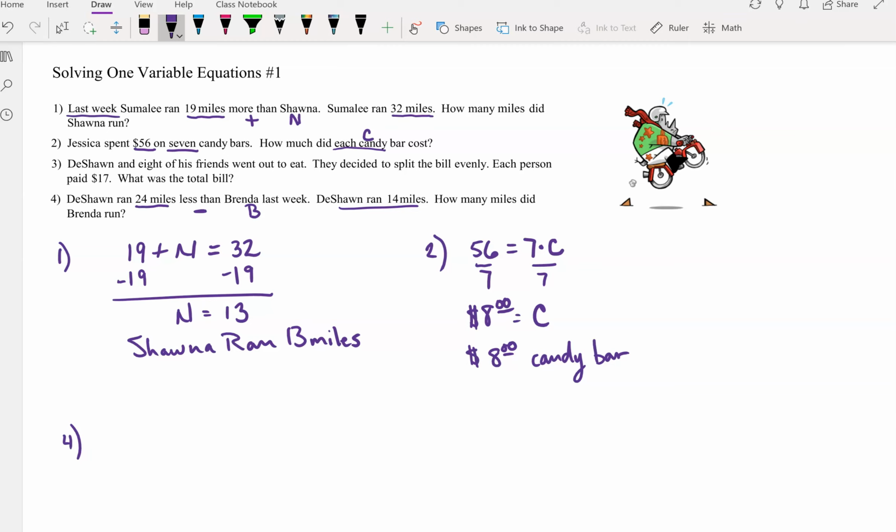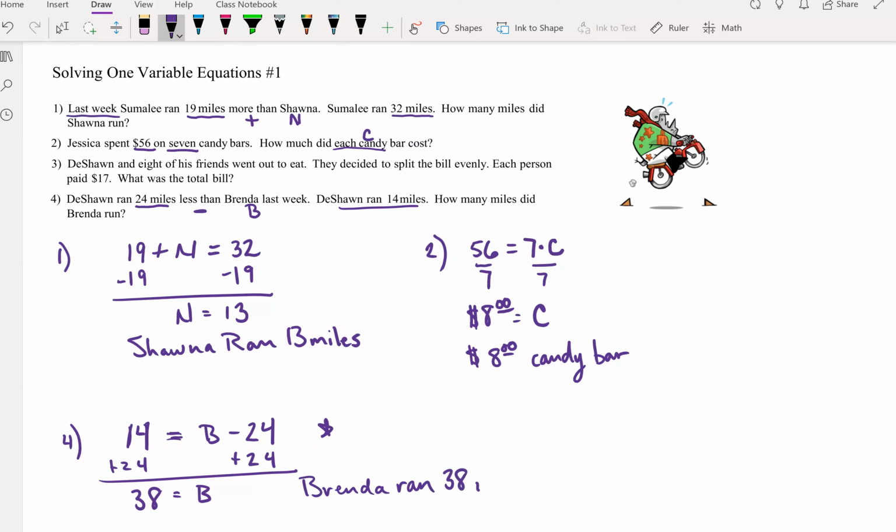So if we use our 14 miles that we know Deshawn ran, and we know that he ran 24 miles less than Brenda, we're going to have to say Brenda's miles minus 24 are equal to the number of miles that Deshawn ran, which were 14. So you see how our algebraic expression is made up of the information that you see in your sentence. You would then go ahead and solve by adding 24 to both sides. We get 38 equals B, so it looks like Brenda ran